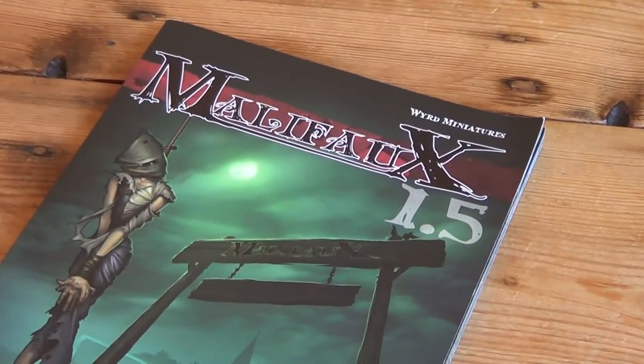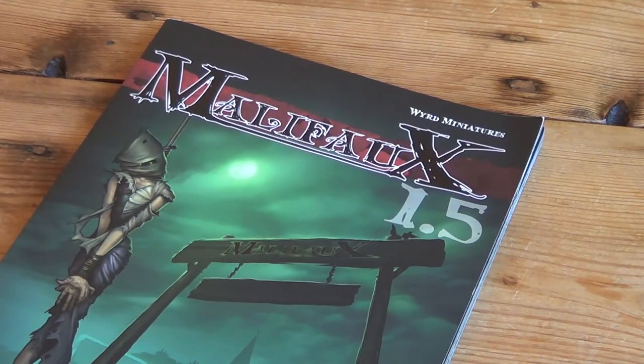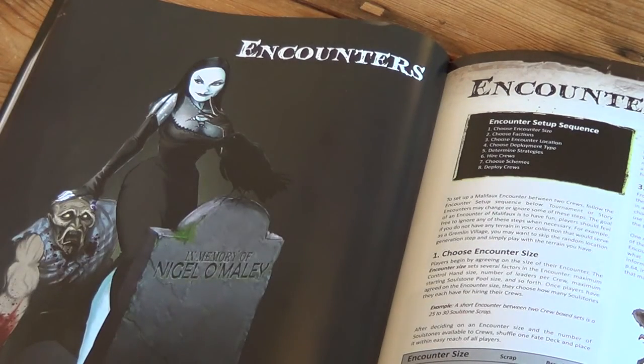We're playing Malifaux, a character-driven skirmish game from Wyrd Miniatures. In this episode, we're going to be learning how to set up an encounter. Now, the first thing we need to do, and the rulebook gives us a nice setup sequence, is choose our